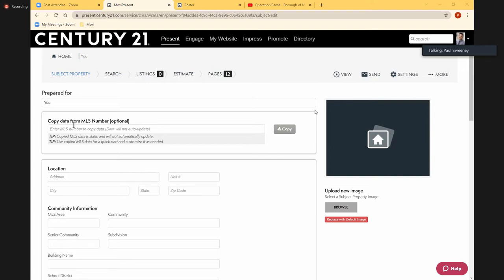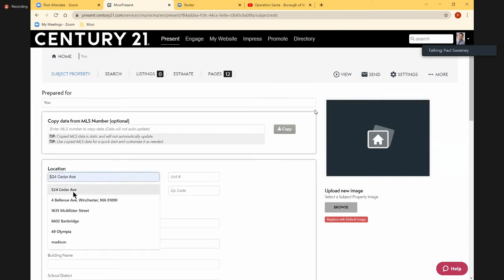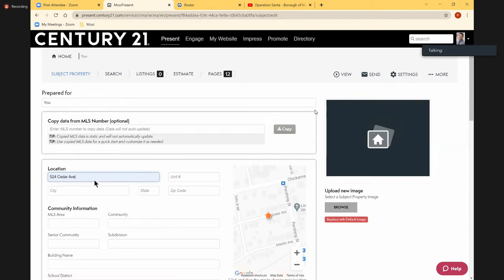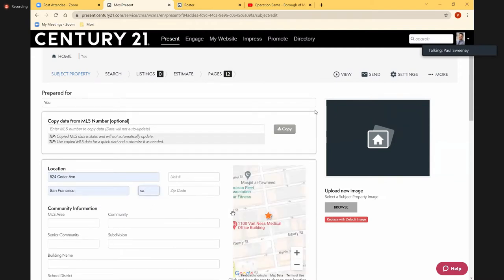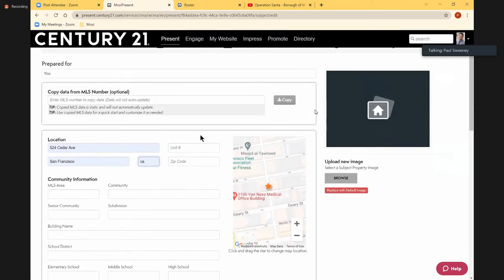I always caution agents because the MLS information, if you just take it from a number, could be wrong. So, we're going to be that good agent. We're just going to drop down here to address. And let me put in, I'm just this lazy, the first one that I've been playing with. And Cedar Avenue is in San Francisco, California. I know I tried to pull up your MLS prior, but it wouldn't give me access. Must know me. Okay, now I put in the address and I'm going to put in some other things here,